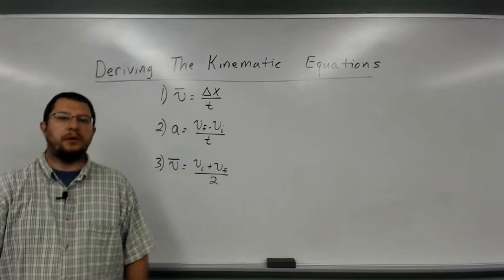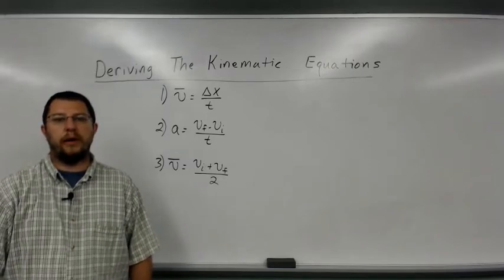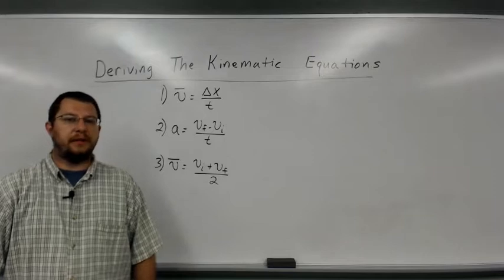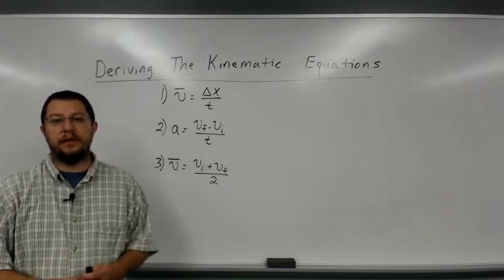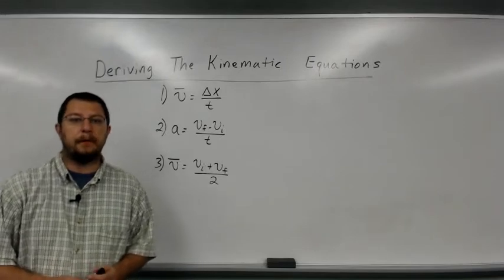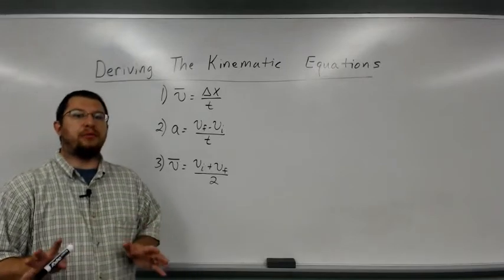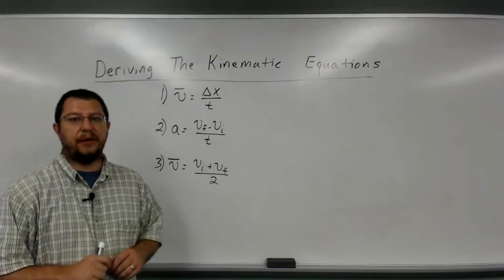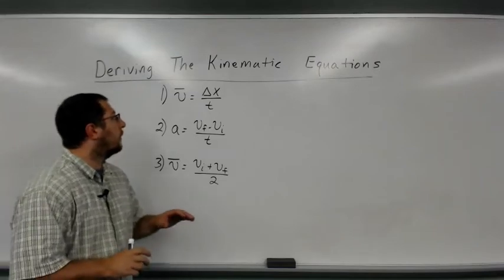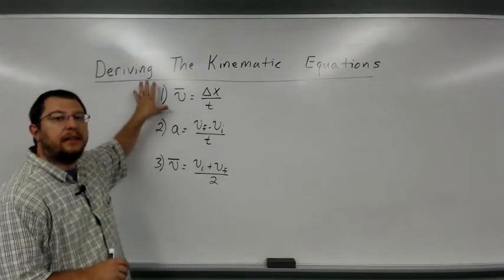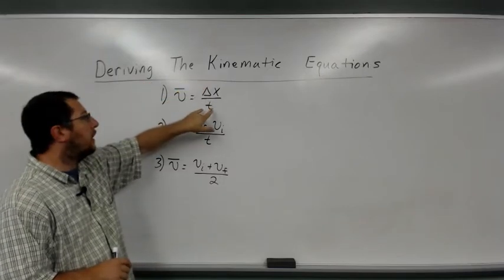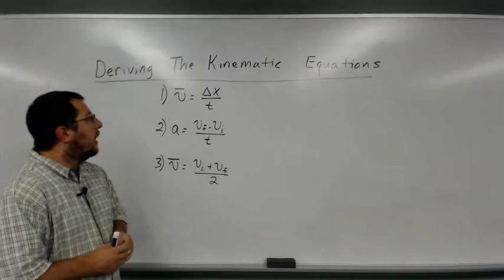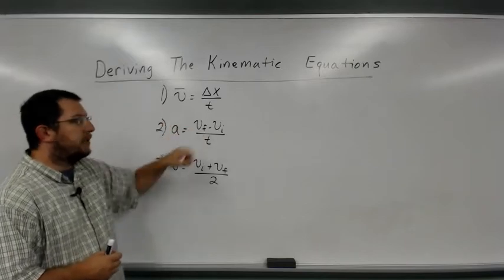We now want to show you how to derive the kinematic equations just using the definitions of velocity, acceleration, and another definition of average velocity. This is the algebraic way to do things, so we're not going to use any calculus in this video. Now, we've already seen that the definition of velocity is change in position over time, and acceleration is change